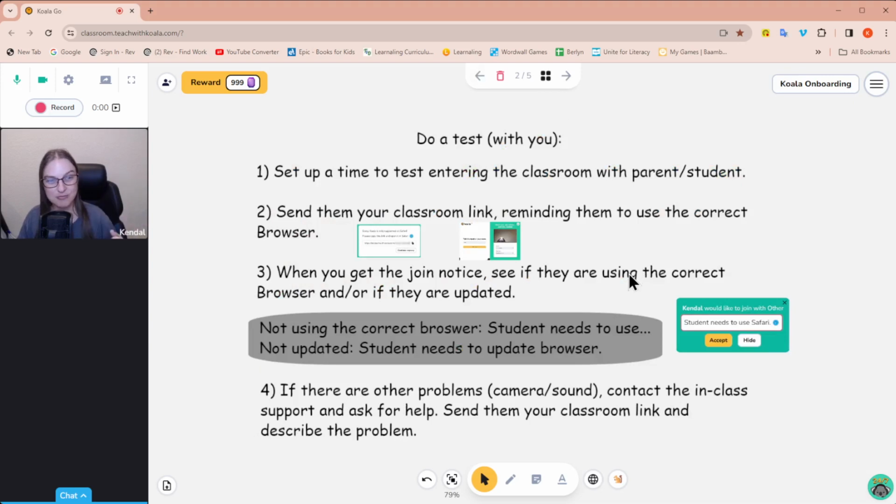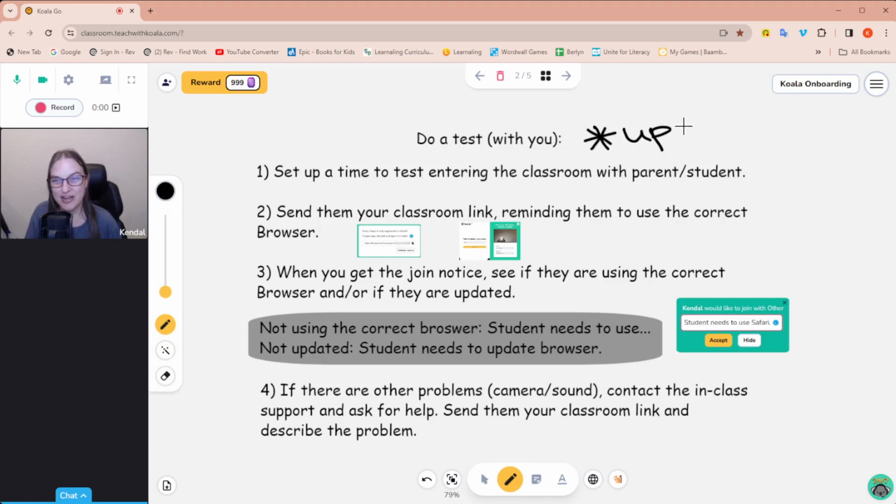So you're in the classroom and they enter the classroom. Or they can do it without you. I'm going to go through both of those methods and how you can test it. The first thing you should do is, of course, set up a time to test entering the classroom with your parent and student. So I didn't put this in here, but actually my first step would be to have them